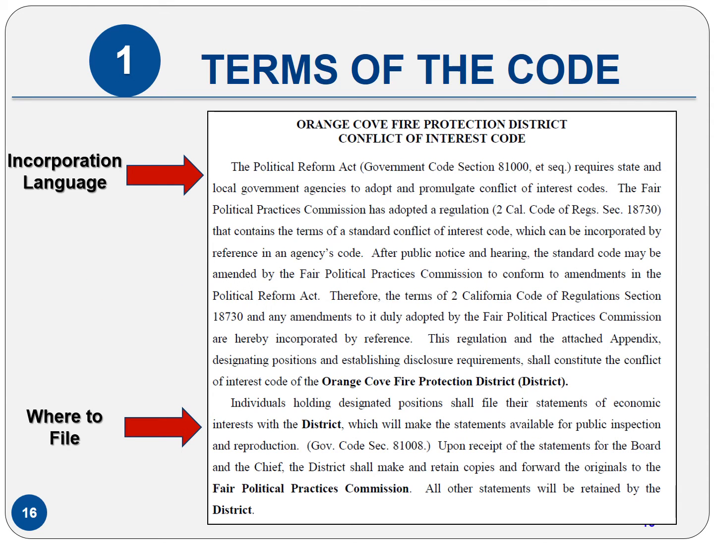Here is a sample of the first page, or incorporation page, of the Conflict of Interest Code. The first paragraph includes incorporation language. By incorporating the Political Reform Act, your code remains current, even though the Political Reform Act or regulations may change. The benefit of using the incorporation language is that your code does not require constant monitoring to ensure it is